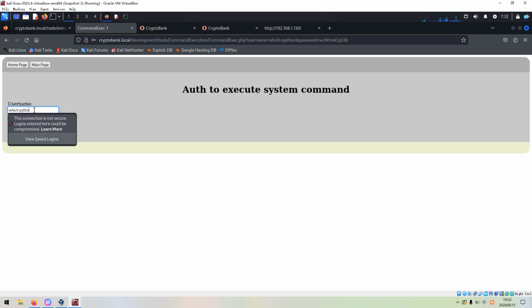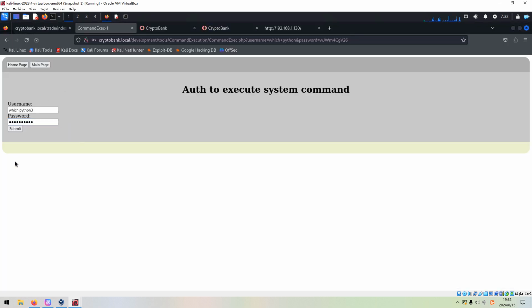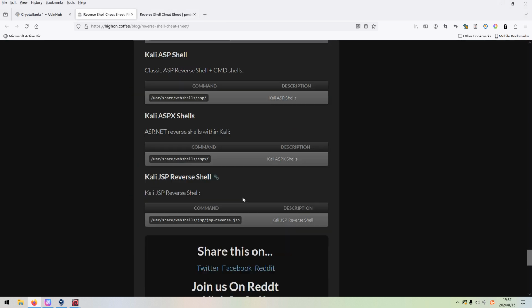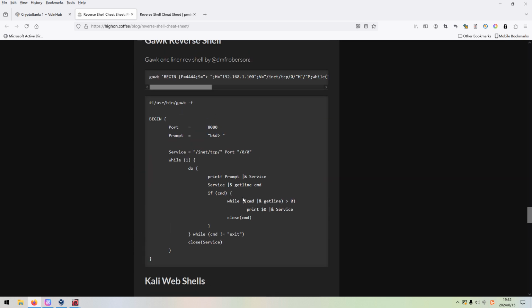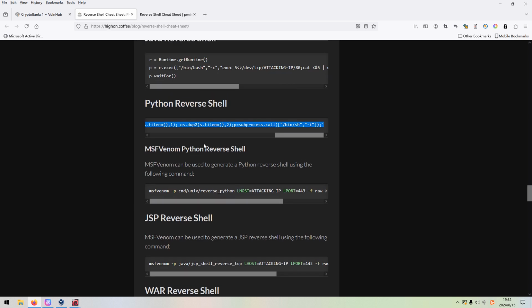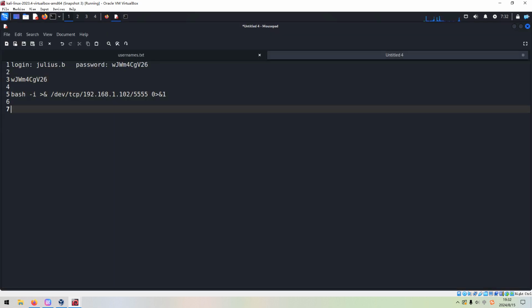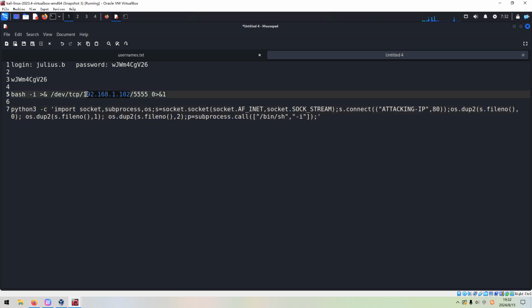How about Python 3? And we can paste the password, submit. Python 3 is there on the target. So next I can copy the reverse shell command of Python. So where should it be around, yeah, we can copy and we can put it here, do some modification, it should be Python 3, and we can copy